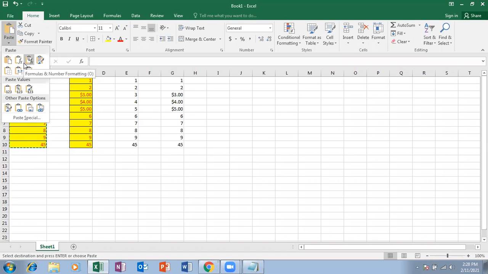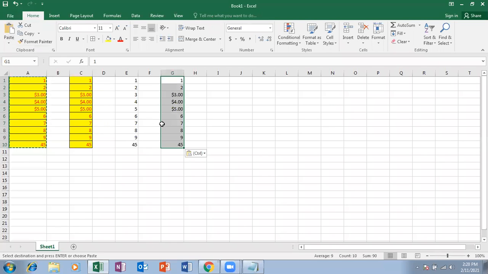So that formula will be carried, and also number formatting. Only the 3 cells which I converted to currency, the formatting also has been carried. Is that clear? See, the formula, and these 3 cells are carrying the number formatting.